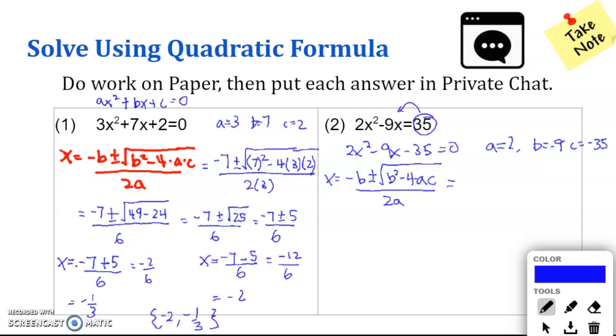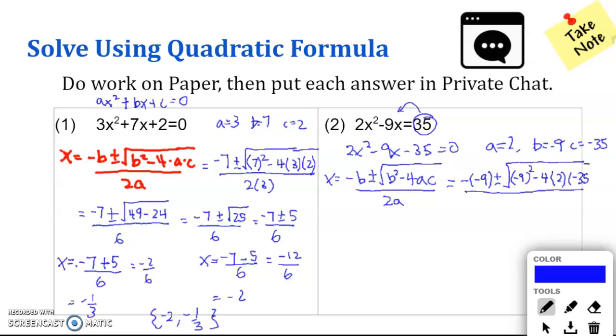Now I'm going to substitute negative b. Don't lose the negative sign that is built into the formula. Negative b is equal to, b is negative 9, so I'm going to put that negative 9 in parentheses so that I do not lose that sign. Plus or minus square root of negative 9 all squared minus 4 times a is 2 and c is negative 35